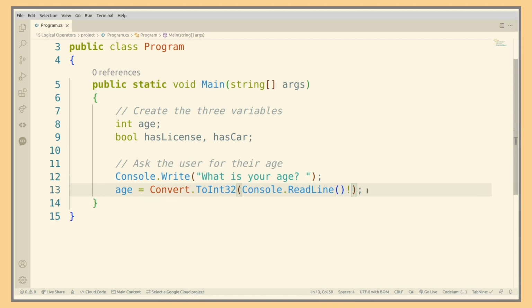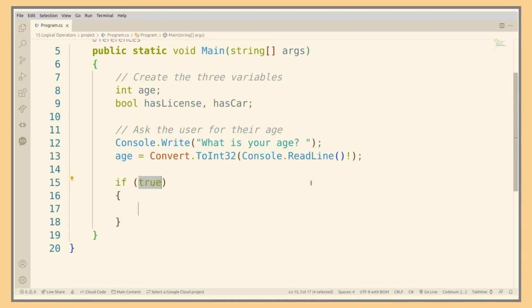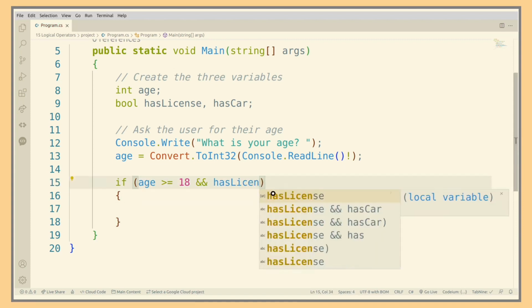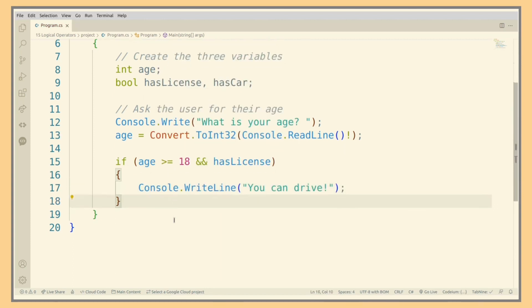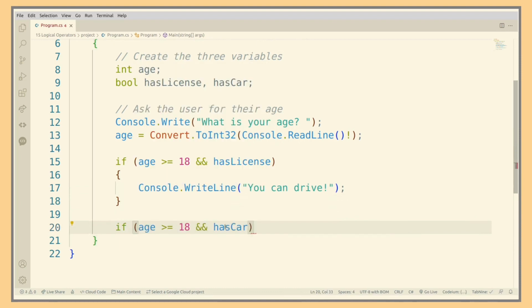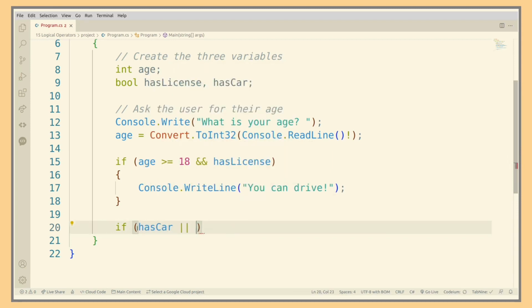We will use the number-giving operator also here. So next we will enter all the if statements. So if age of user is greater than 18 and has license, you can drive. Next if statement: if user has car or has license,